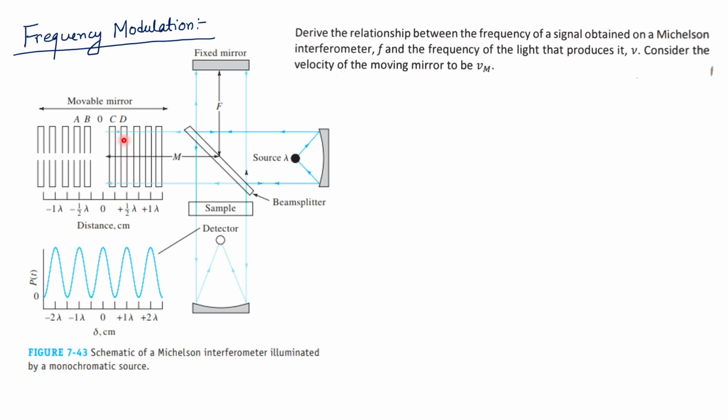lambda distance, right? If I am moving my mirror by lambda by 2, then the gap is going to be lambda by 2, and again lambda by 2, because it will go and come back, right? So the path length will be changed by lambda if I move my mirror by lambda by 2. Similarly, if I move my mirror by lambda by 4, then the change in the path length is going to be, suppose I'm going to write it,